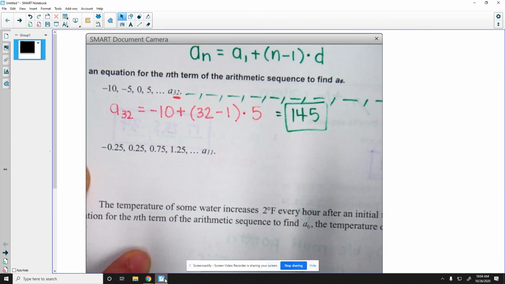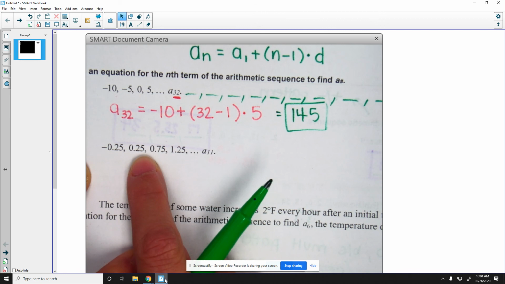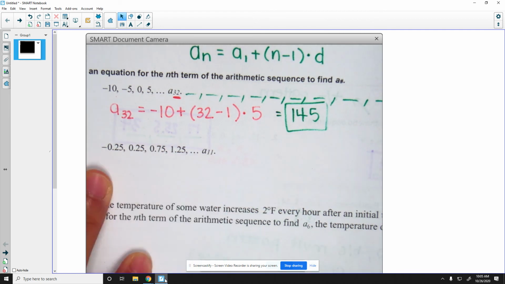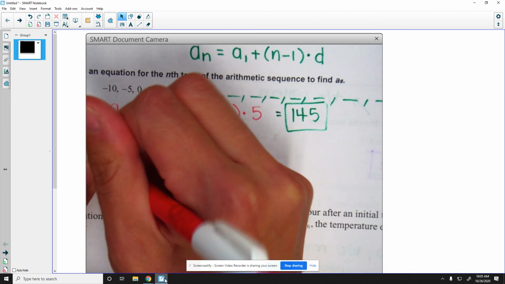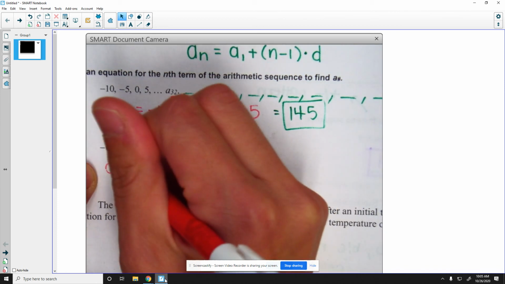Some of you might be like, I could totally do that on a STAR test. Sure, you have 4 hours on a STAR test. Go for it. But when you have something like this, it's a little bit more difficult because you have decimals, so your numbers are a little bit more difficult. So first of all, I'm looking for a to the 11th. Now I'm looking for the 11th term. So equals